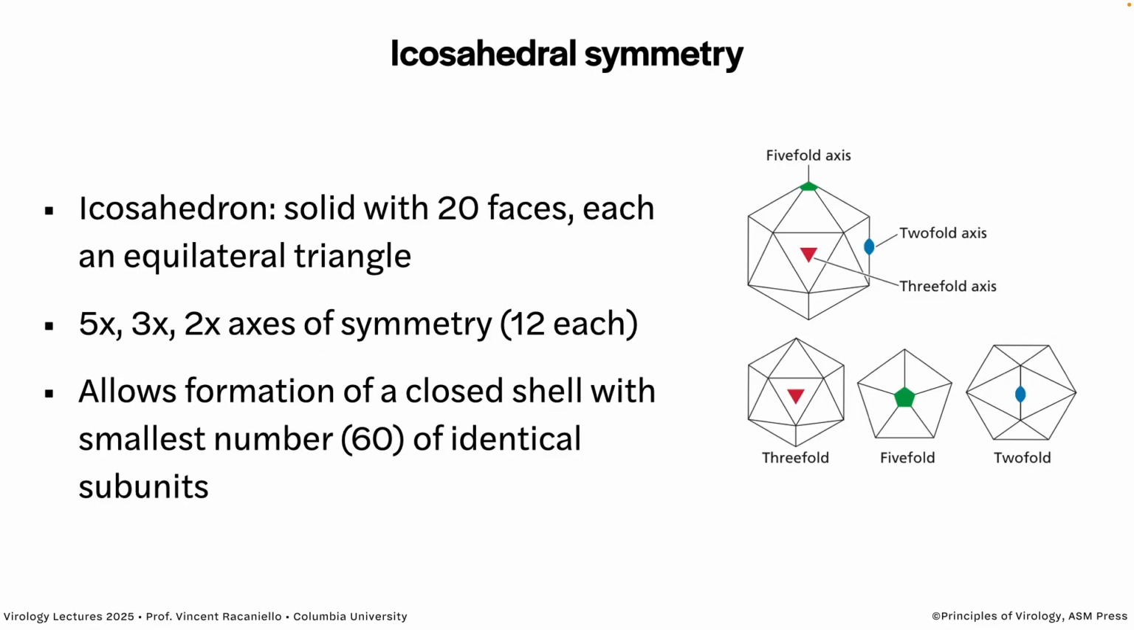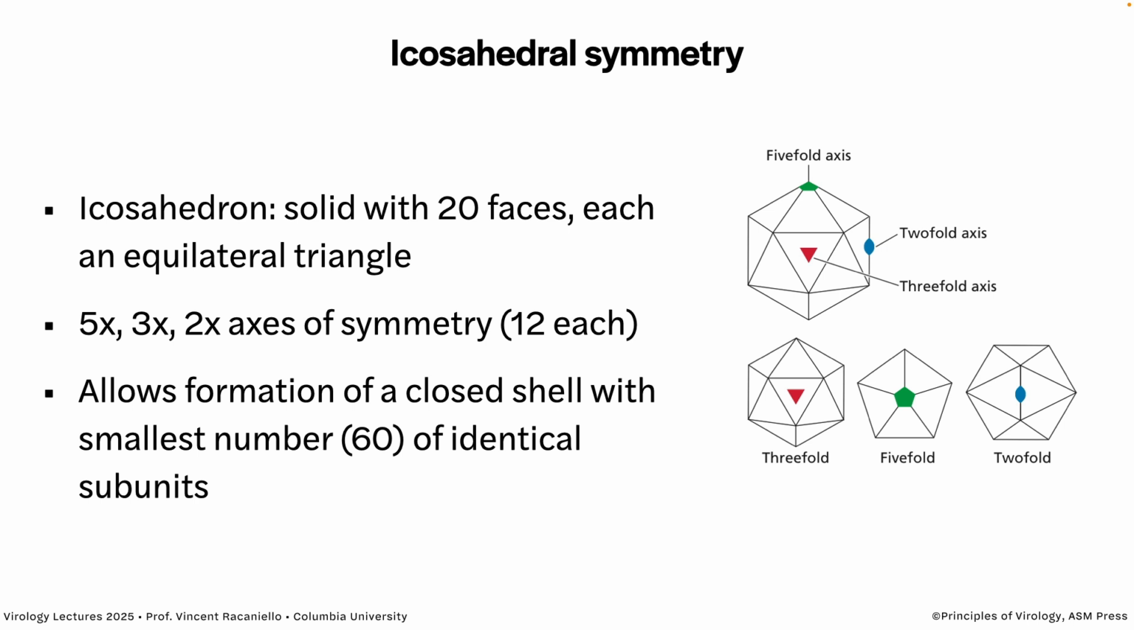Icosahedral is a platonic solid, one of multiple. This one is a solid with 20 faces. Each face is an equilateral triangle, 20 of those faces making up that solid. And as a consequence of the repetitive nature of each equilateral triangle, you get axes of symmetry: 5-fold, 3-fold, and